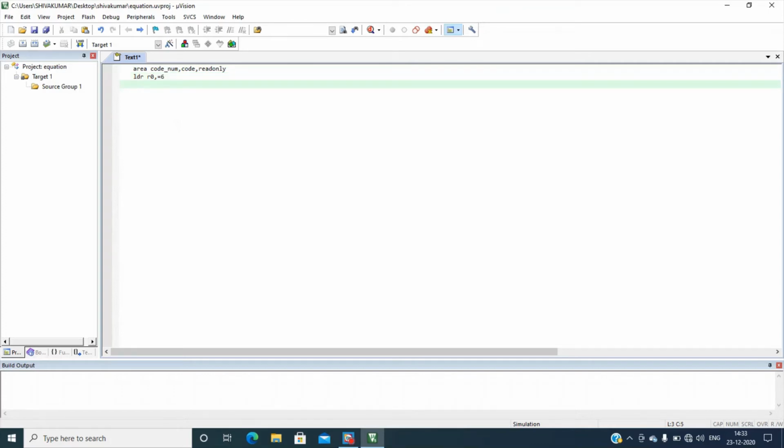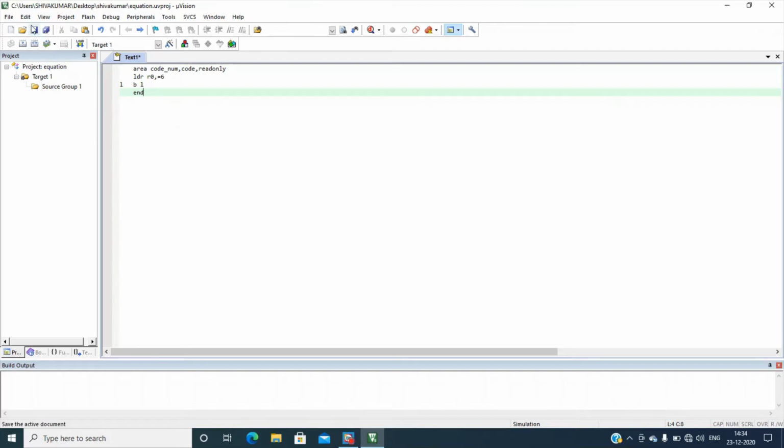Then I want to keep the execution here only, hence I am using the branch instruction, B, and L is the label. As far as the label is concerned, you have to type L here. Then END, and save the file.